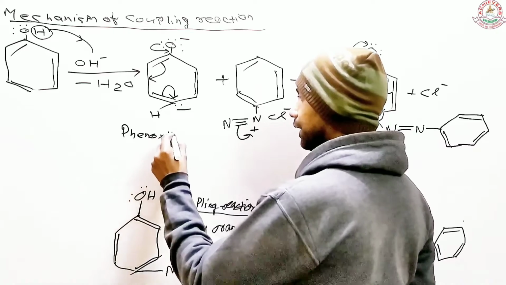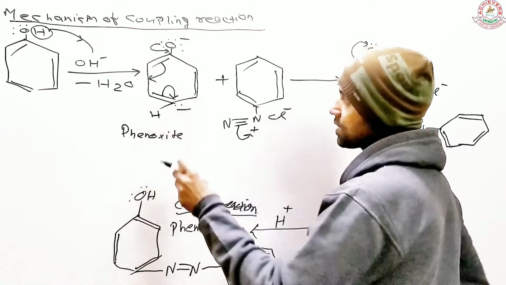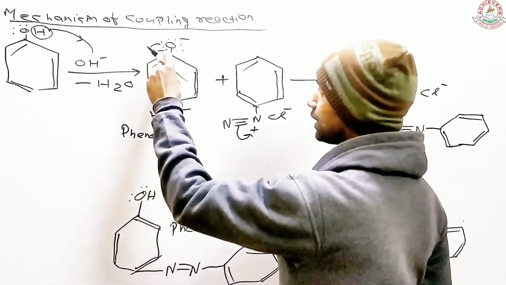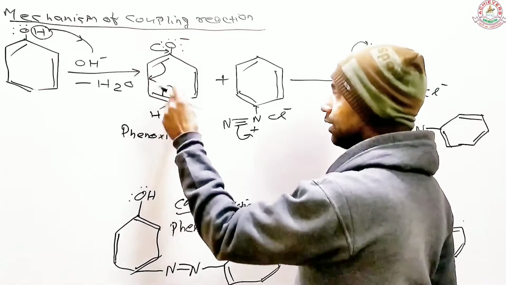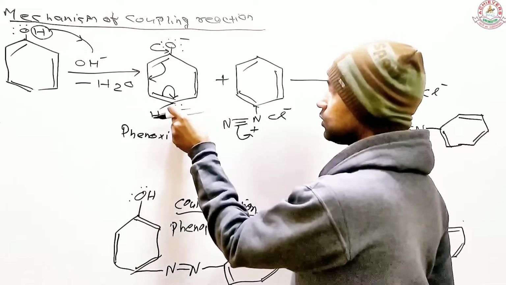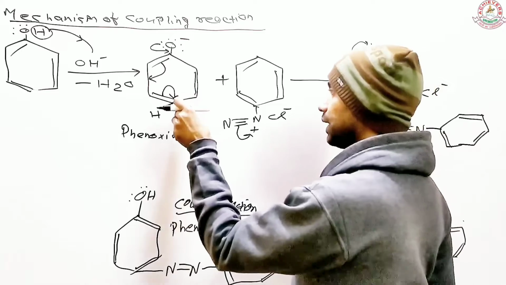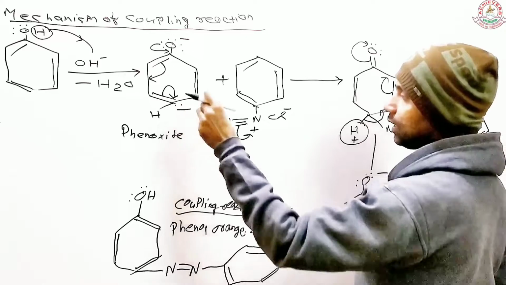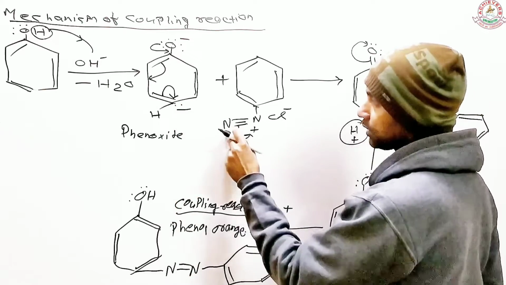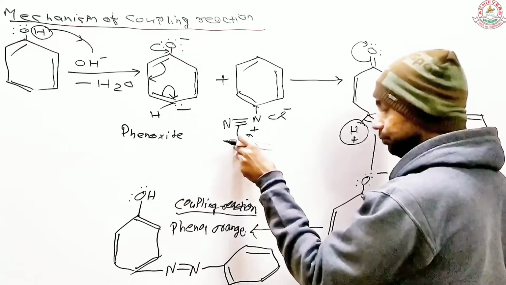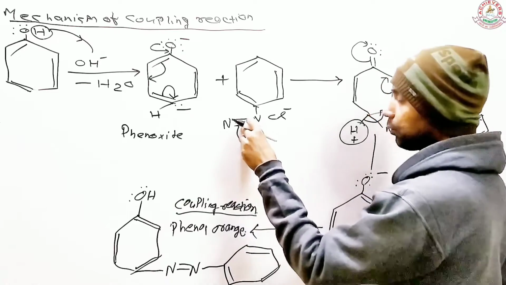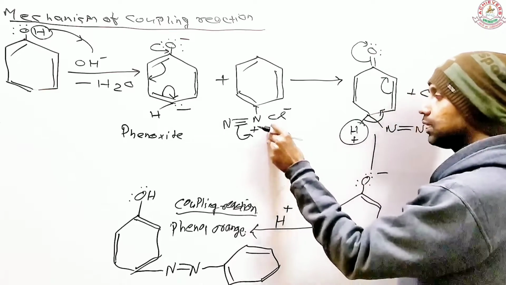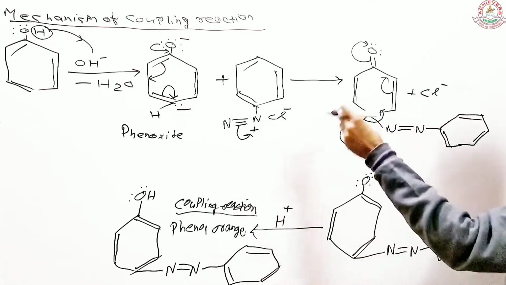and this phenoxide ion then undergoes a kind of plus R effect. As a result, the lone pair shifts towards the single bond, and the next one shifts to the adjacent, and similarly the other one to the para position. So the para position becomes electron rich here, and due to that rich nature, this electron rich species is attracted by the nitrogen, because one of the pi bonds shifts towards the nitrogen, and the nitrogen becomes neutral, and as the nitrogen has become neutral, the chloride ion is free, so it remains in the solution.